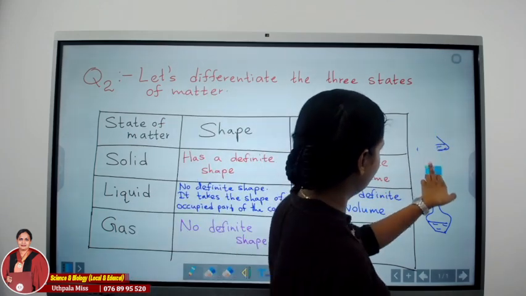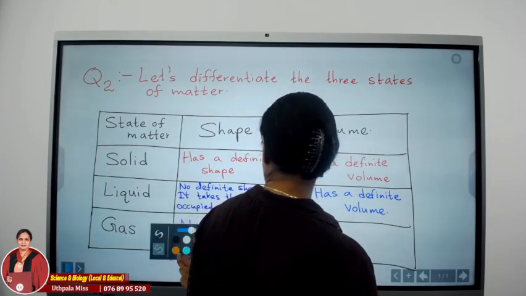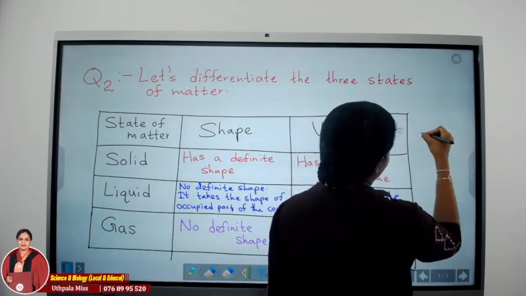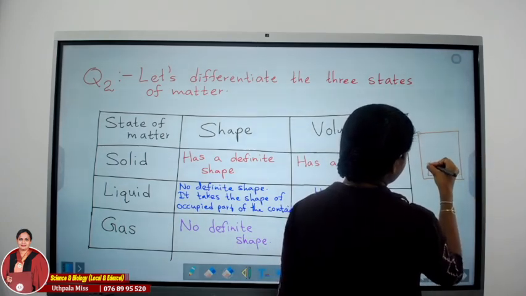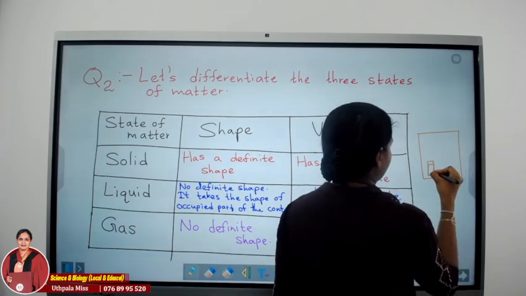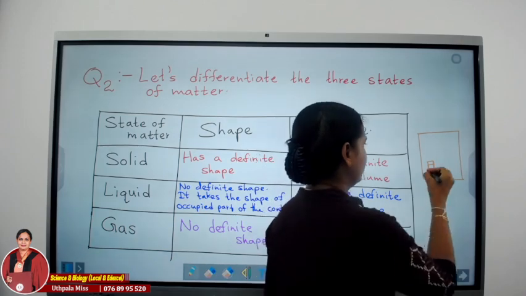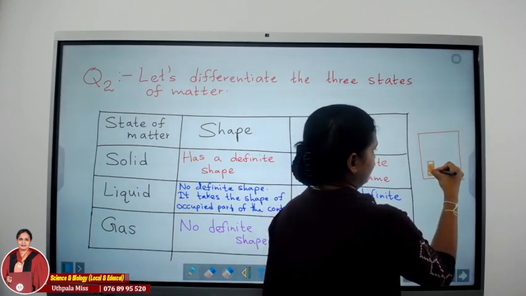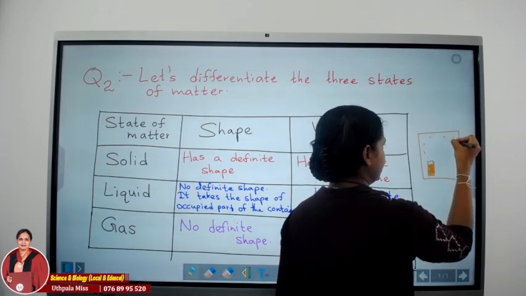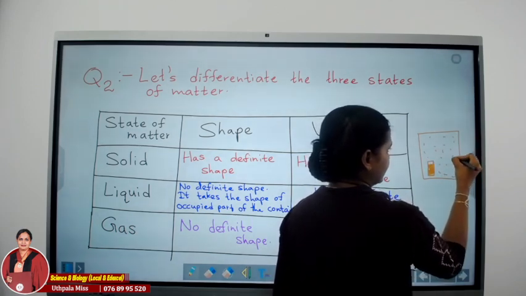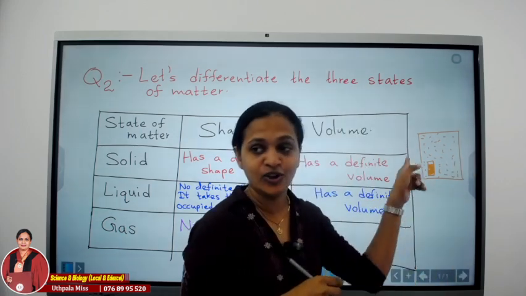Now you all know about the LP gas cylinders you have seen, right? So imagine that you have kept an LP gas cylinder inside a room like this. Now there is LP gas inside the cylinder. There the volume of the gas is the volume of the cylinder, right? Now a leakage occurs from the cylinder. Then the gas will be spread throughout the room. Then the gas occupies the space inside the room. Then the volume of the gas is the volume of the whole room.